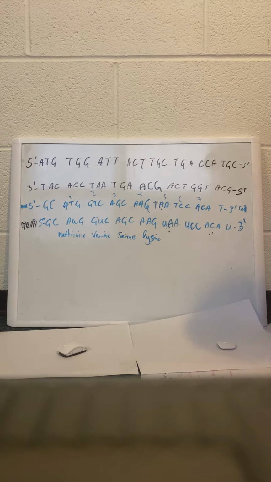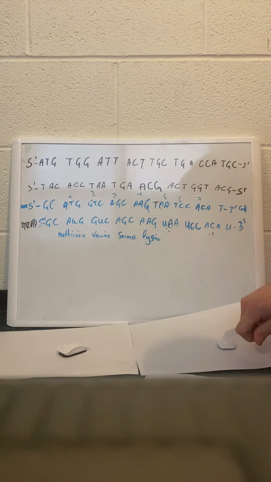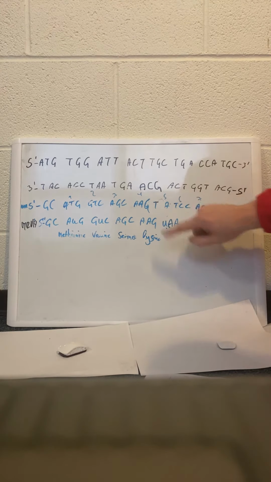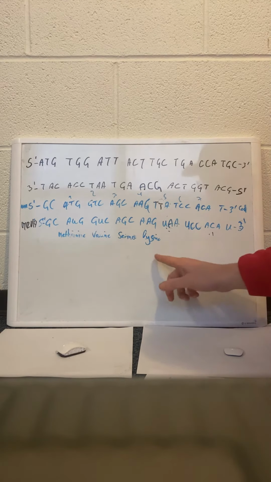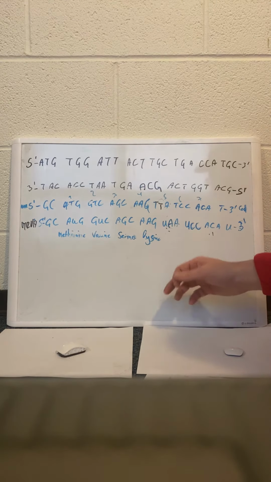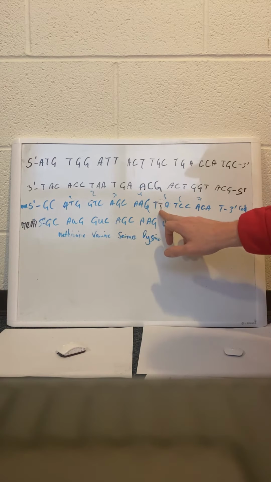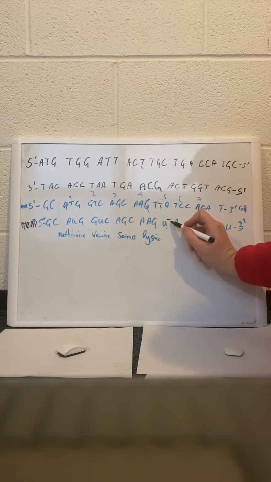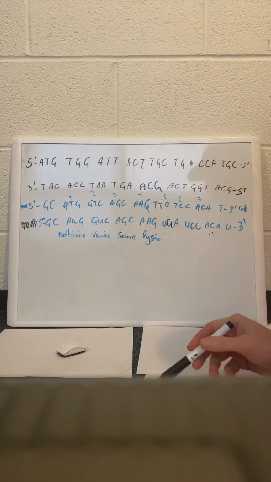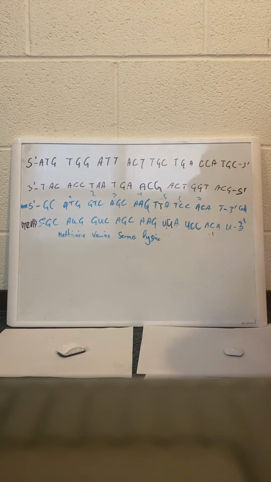If during replication of the original strand something would have gone wrong, for example, this A would have changed into a T. This would have also changed our RNA, and through this it would have also changed our amino acid end product. But as the DNA changed to a T here, this would have also changed into a U instead. And as we went from a purine, from the A originally, to a pyrimidine, the T, the thymine,